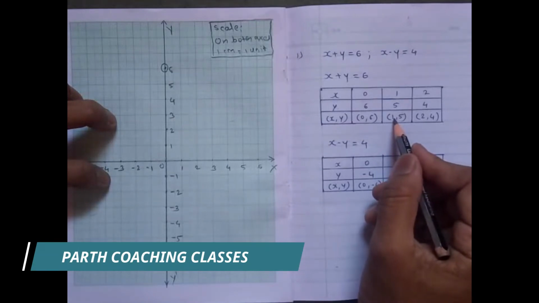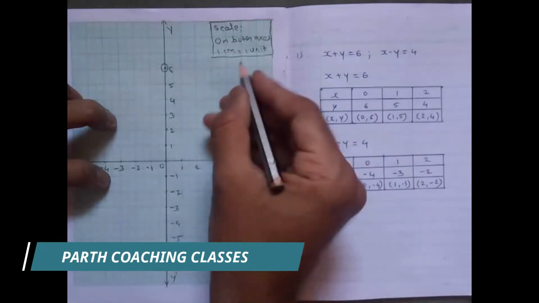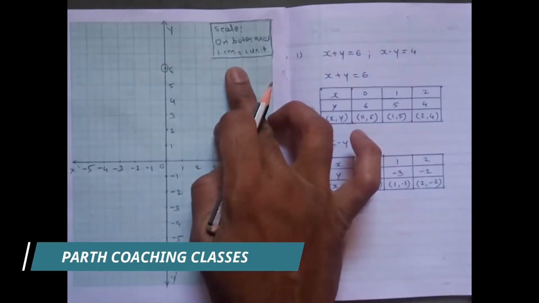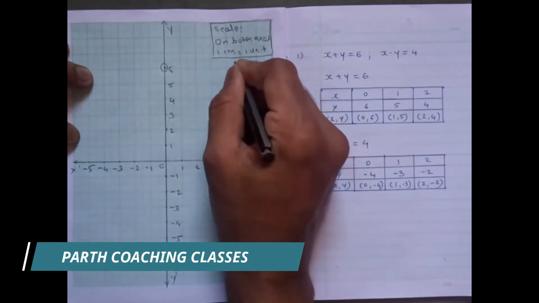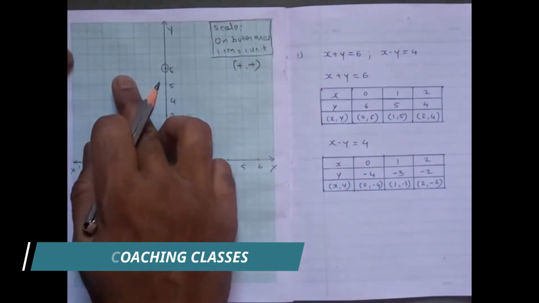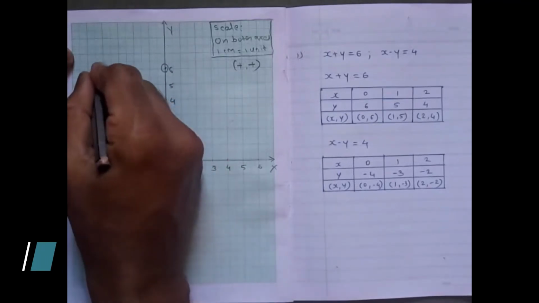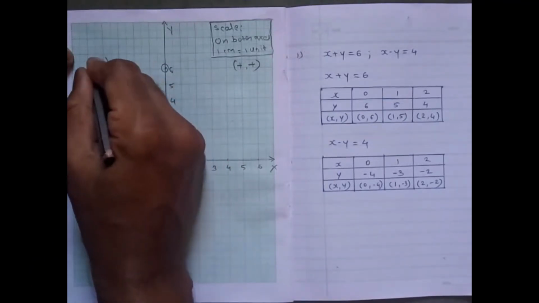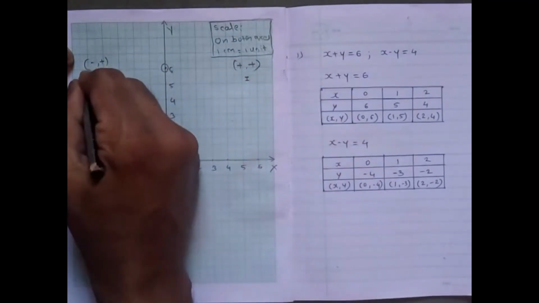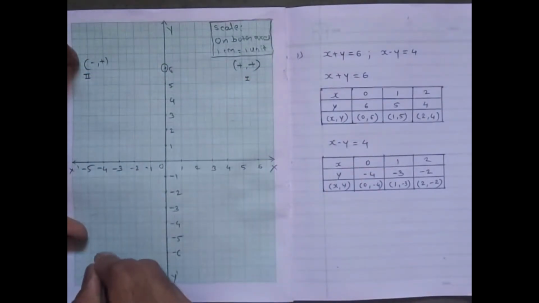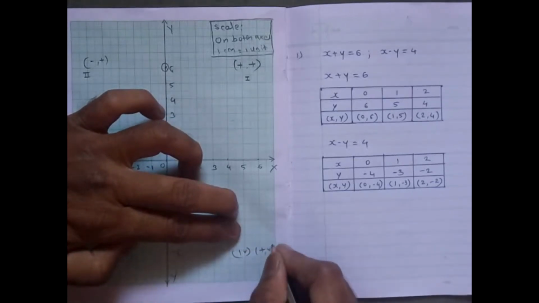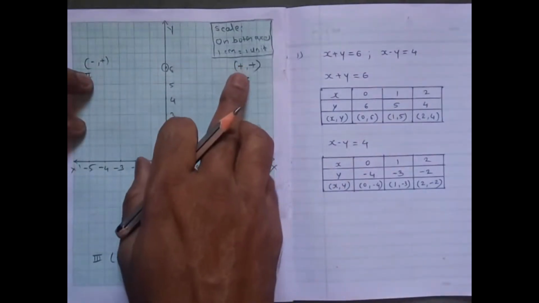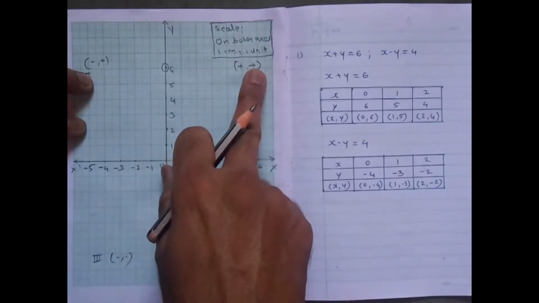Second is 1, 5. Okay, before that, this is the first quadrant. In first quadrant, you know that the sign of the coordinates are positive positive. In second quadrant, signs of the coordinates are negative positive. This is first quadrant, this is second quadrant, this is third quadrant, and signs are negative negative, and the fourth quadrant signs are positive and negative. So first coordinate is x and second coordinate is y.